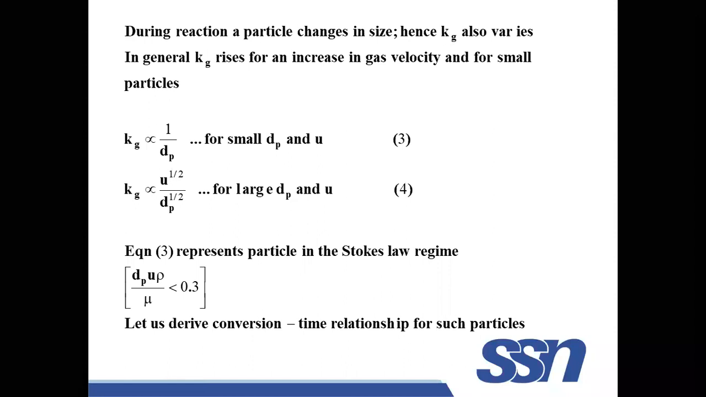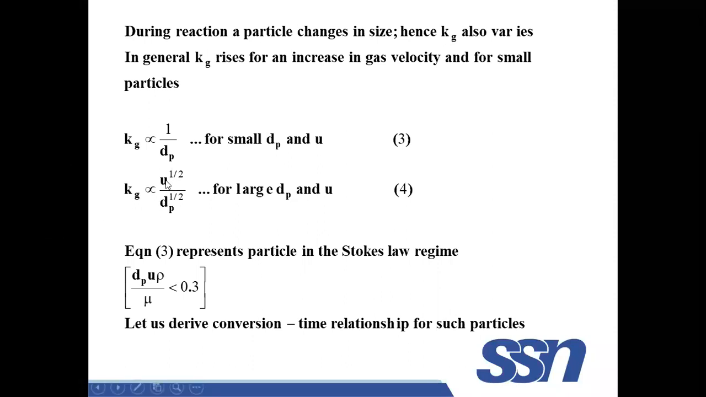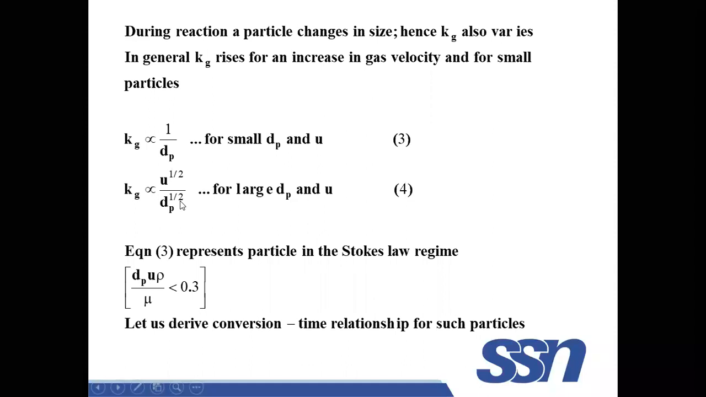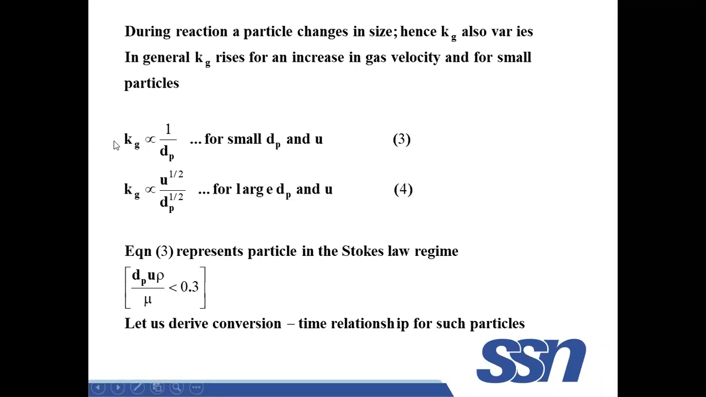If the particle is large, we assume that kg is a function of u power half and dp power half. You can ask me how you are getting these expressions. A lot of scientists might have done some experiments and then found, from the experimental results, that kg is inversely proportional to dp, the diameter of the particle. If the diameter of the particle is small, your kg is more. If the diameter of the particle is large, initially the kg will be less, right? So if the particle is large, one more factor it will depend on, that is the